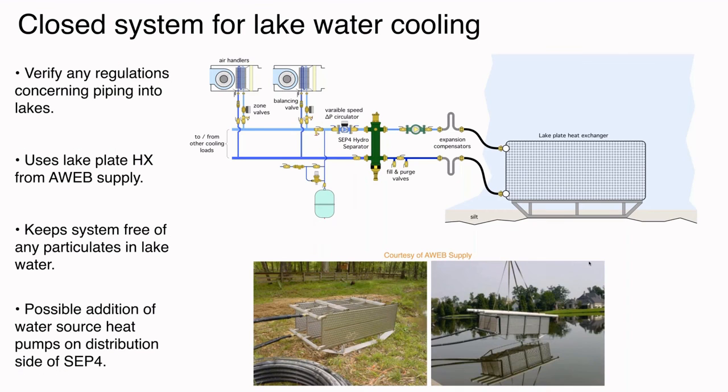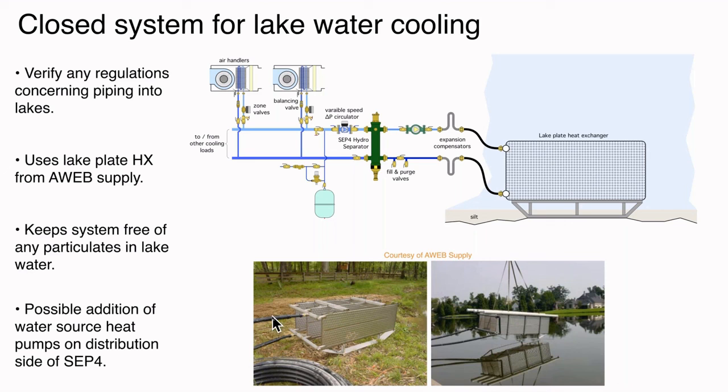And the last one, this is a company, I believe they're down in, I think, Alabama, Louisiana. They make what's called the lake plate heat exchanger. And it's a really simple idea. It's multiple stainless steel plates on a frame. It's immersed in a lake. And you can see there's high density polyethylene tubing. And basically this is a heat exchanger. It can either dissipate heat into the lake, or in the case of cooling, it can be the source of